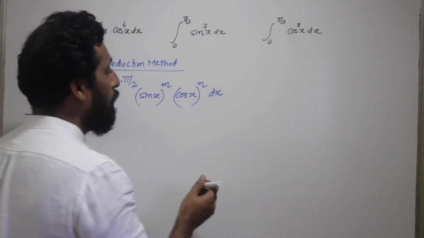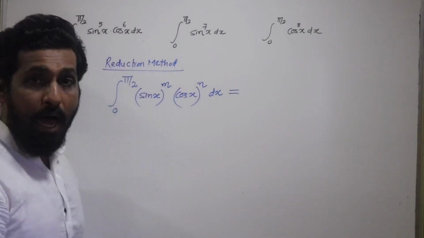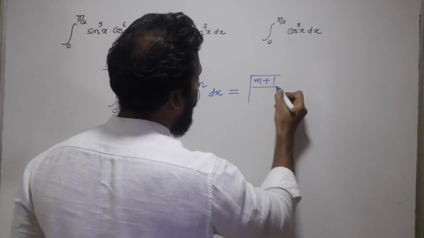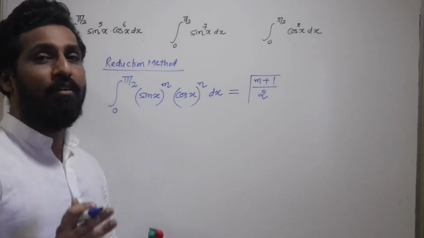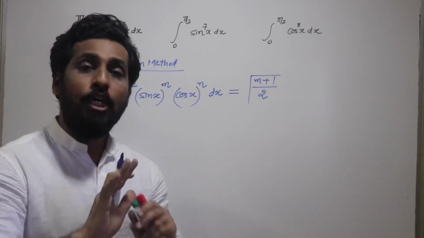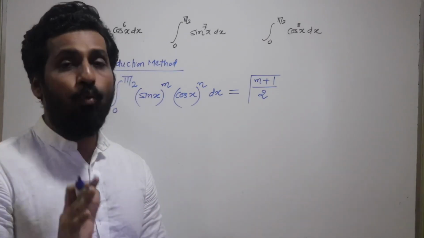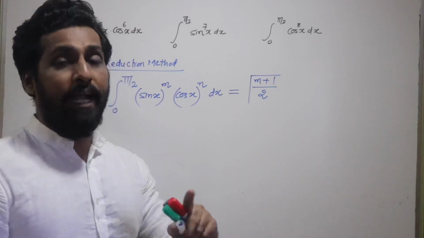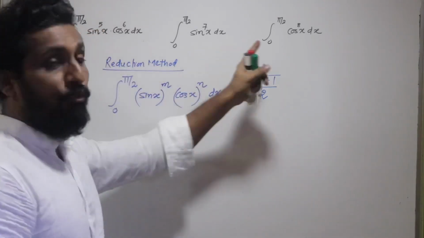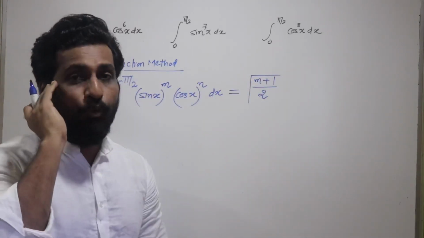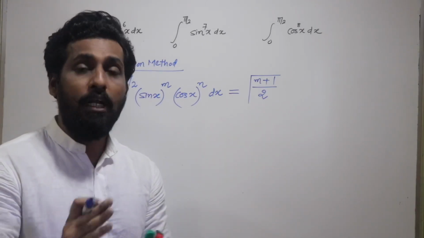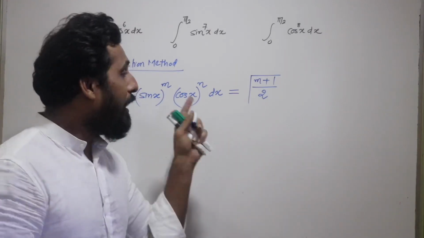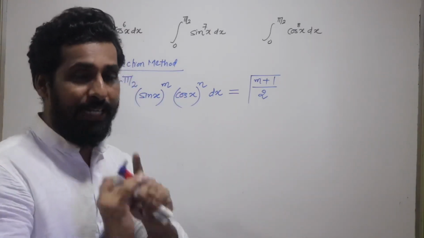Look at the formula. The formula for this is given by gamma of m plus 1 upon 2. So the thought must have come to your mind, what is gamma? Students, let us not worry about what a gamma function is. We just have to understand the technique so that we will be able to solve such type of questions. Even if your mind is thinking what is gamma function, let us keep it aside and try to focus on what the technique is.